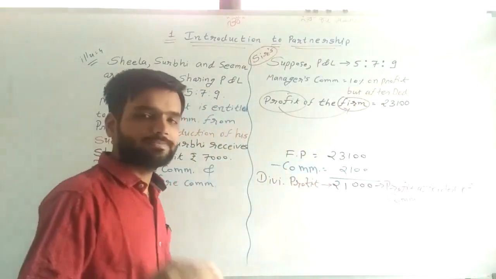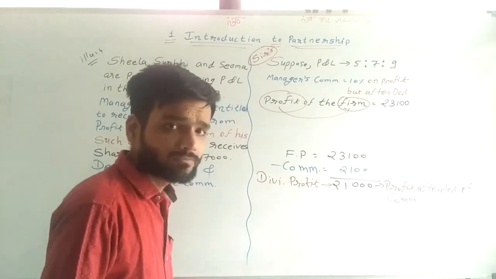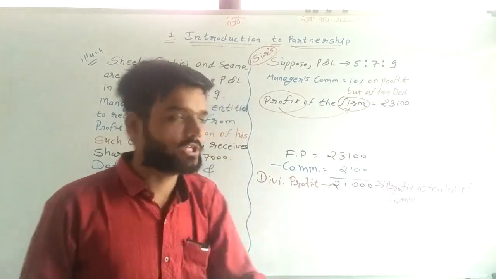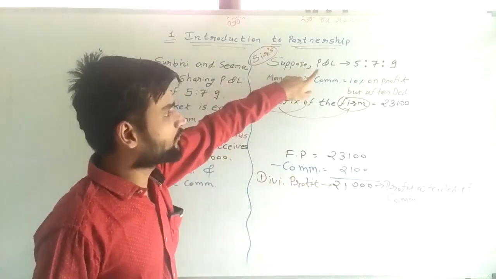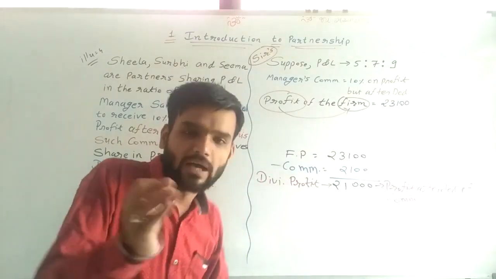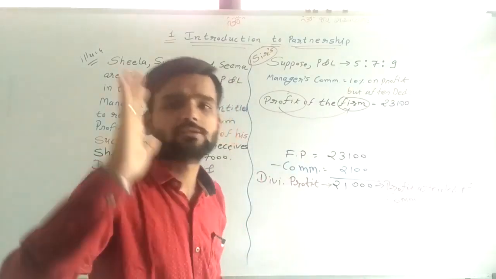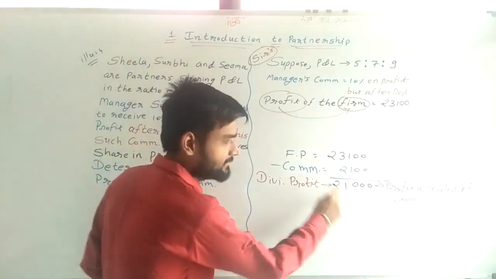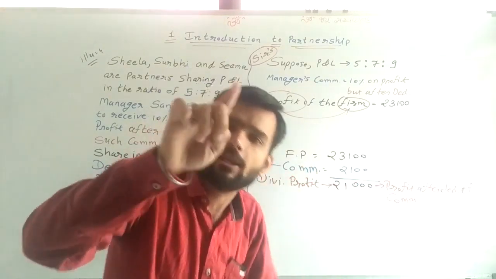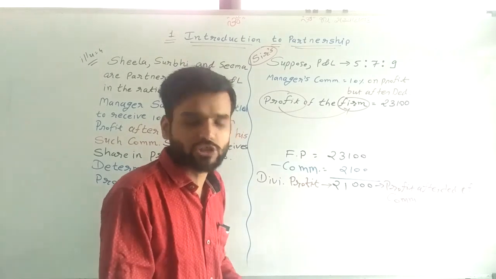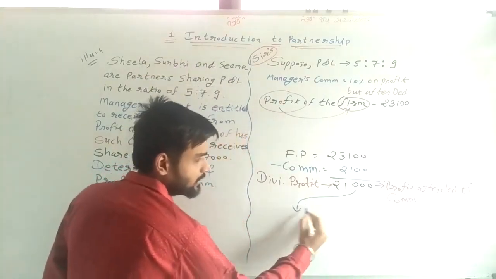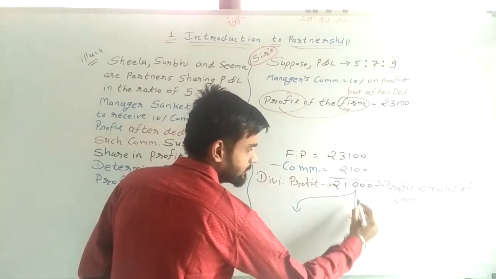Now try to understand the next thing. Third question: what is the profit of partners? The P&L ratio is given to you. Find the profit of partners. So this divisible profit we are distributing among the partners in their profit and loss ratio. So here this 21,000 rupees we are distributing